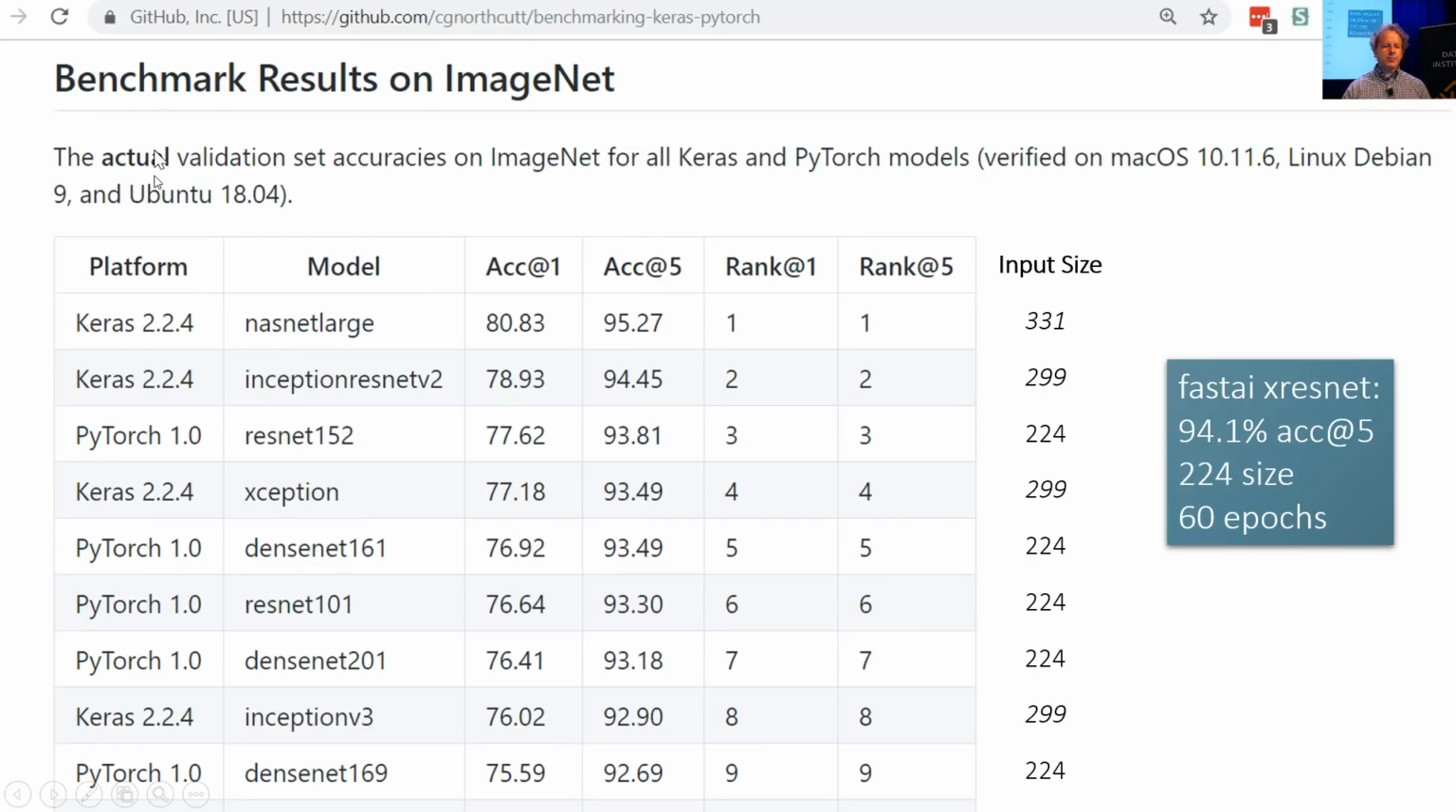This is what happens. So, benchmark results on ImageNet. These are all the Keras and PyTorch models. It's very hard to compare them because they have different input sizes. So we really should compare to ones with our input size, which is 224. So a standard